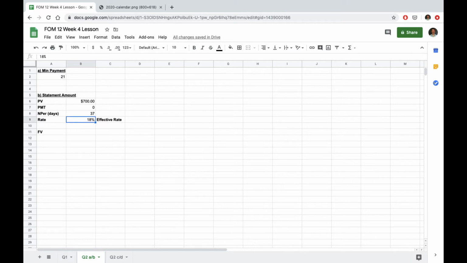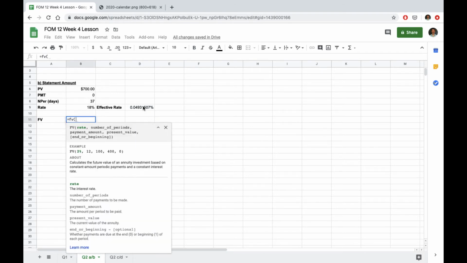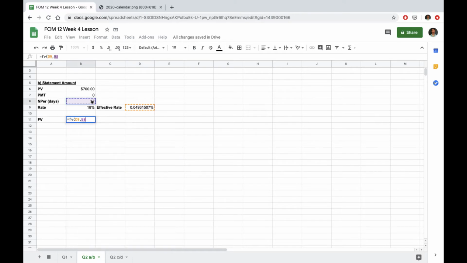The book and what we'll use is 18% for our interest rate, and our effective rate is this interest rate divided up for each day. So if it's 18% in a year, we need to divide it up by the number of days in a year, which is 365, which gives us this as our effective rate. Since we want to know how much she's going to have to pay, in other words, the future value, we'll use equals FV. Here we want our effective rate, our number of periods, our payment amount is 0, our present